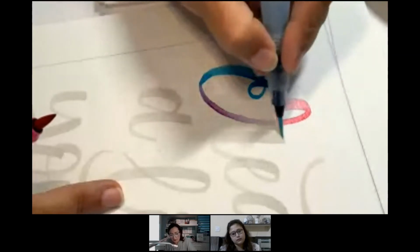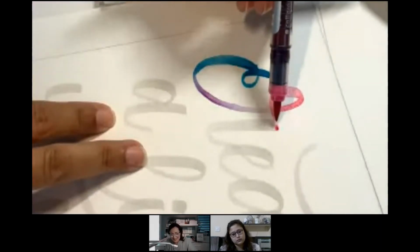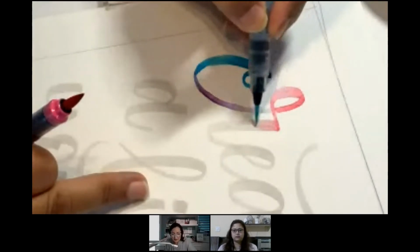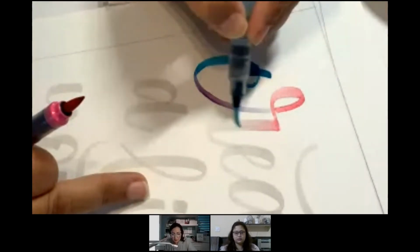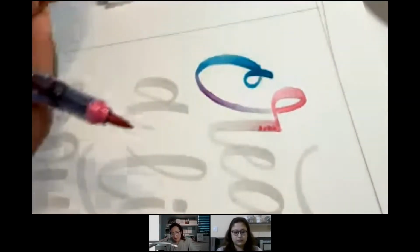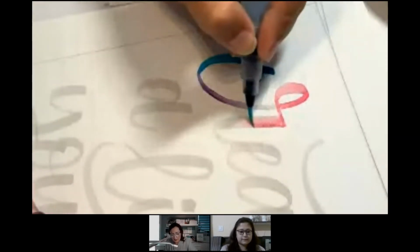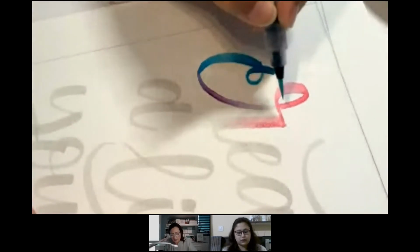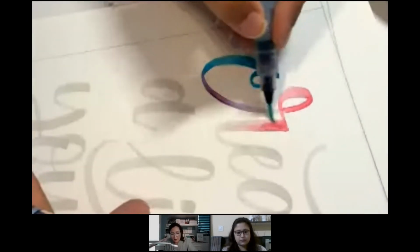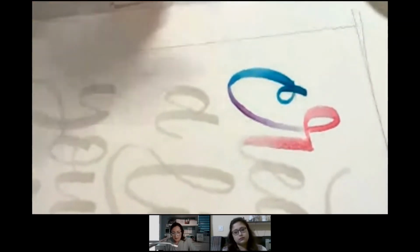I don't know how many left-handers are in the workshop watching right now. But as I say, it took me a lot of time to develop this technique for my lettering, because I used to twist my paper like 90 degrees when I do my normal handwriting. So when I started to practice the lettering, I didn't know how to write. So I started to twist the paper